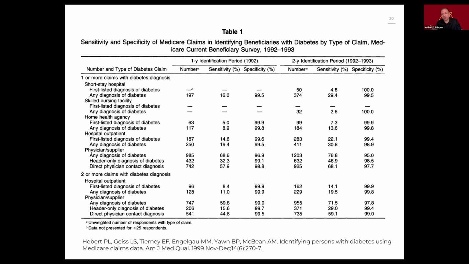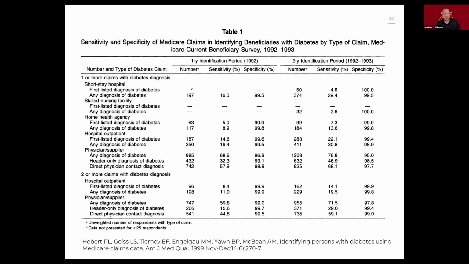And that's the algorithm. When we say an algorithm, it's just a set of rules for whether a flag is triggered as being positive. Does it appear that many times in that way? And what they were doing then to compare these is looking at the sensitivity and specificity, and eventually I'll show you positive predictive value for each of these sets of rules.